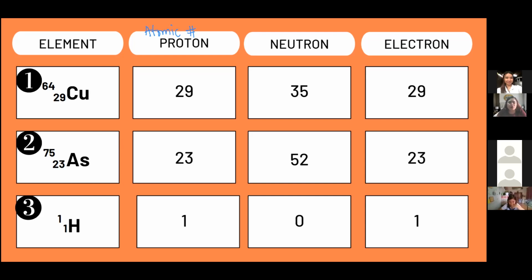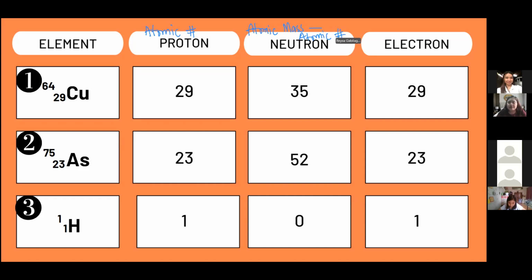Kasi remember, atomic number only represents the number of protons, while atomic mass represents 2 subatomic particles, and that's the number of protons at the same time the number of neutrons. So always na siya mas dako ang atomic mass kaysa sa atomic number. So si hydrogen lang na siya, for example, ang pantay sila. Now, for the number of neutrons, since atomic mass represents the number of protons and neutrons, then we can say that to get the number of neutrons, we will just subtract this one, atomic mass minus the atomic number. So do not forget that.